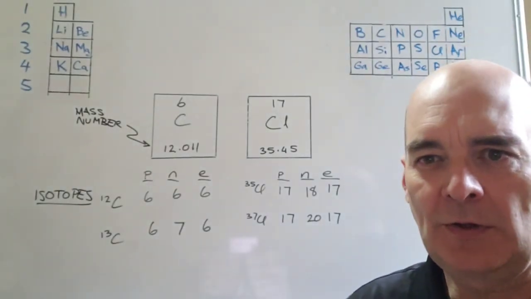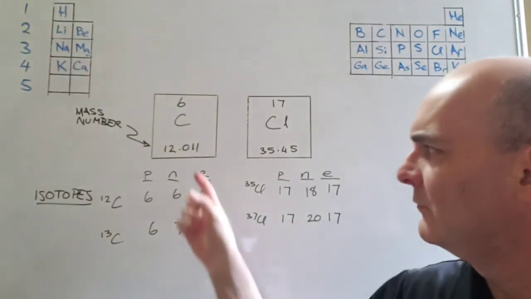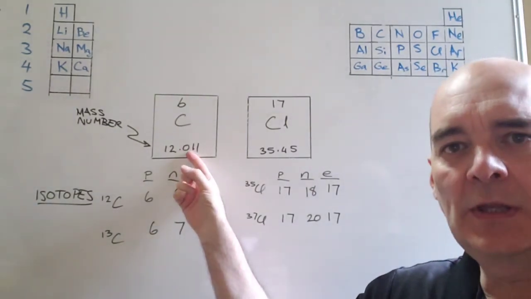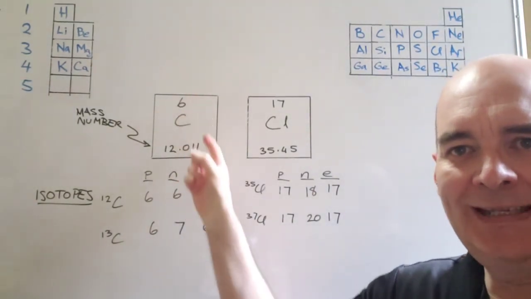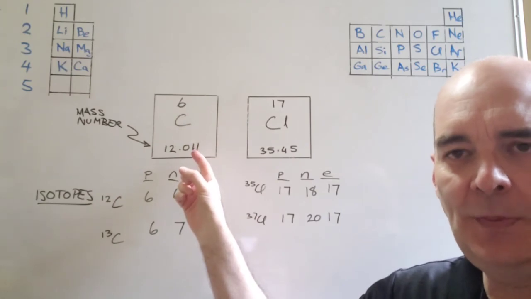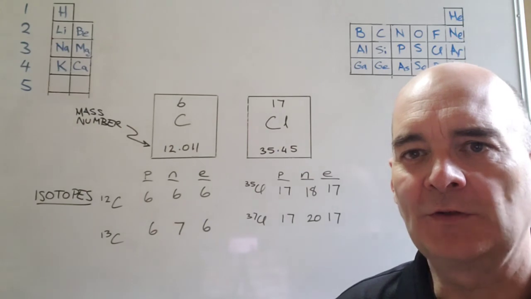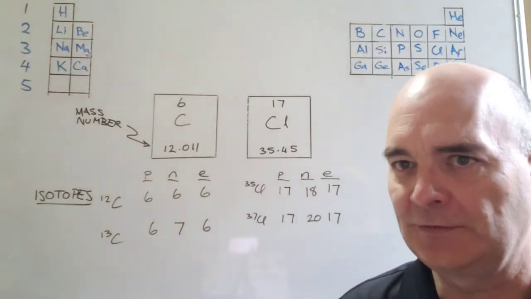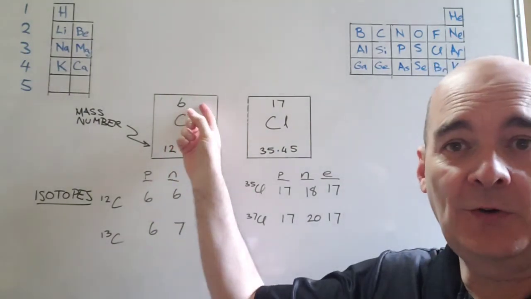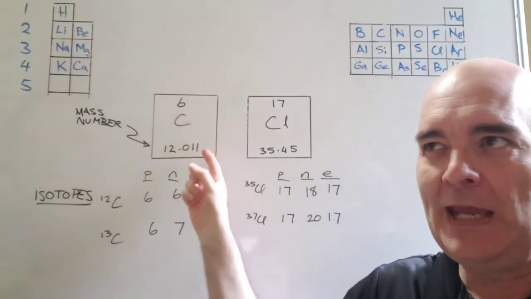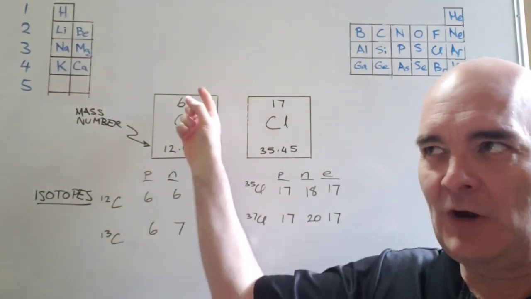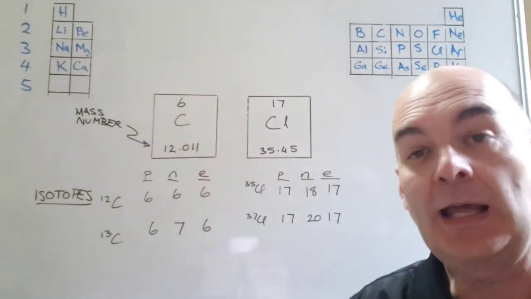Let's take a closer look at the mass number. Remember, the mass number is the larger of the 2 numbers inside the box on the periodic table. And the mass number is the number of protons plus the number of neutrons. The atomic number is just the number of protons. So if I take the mass number and I subtract the atomic number from it, it tells us the number